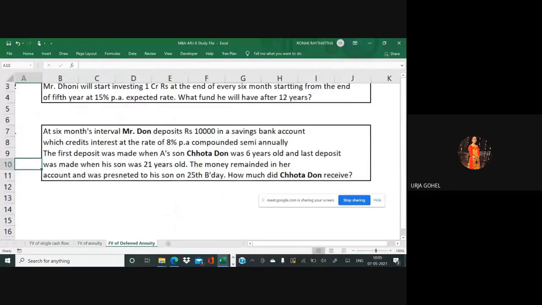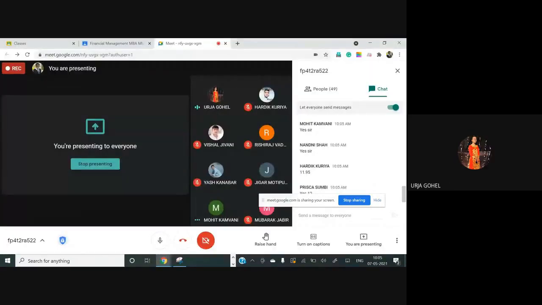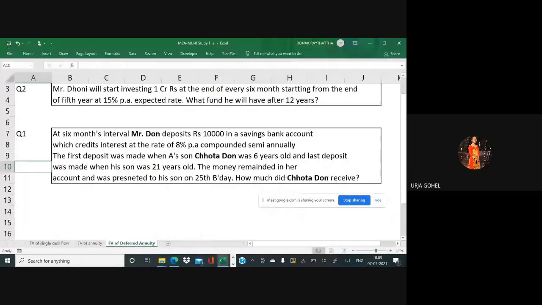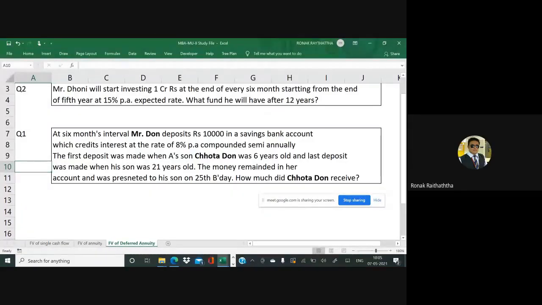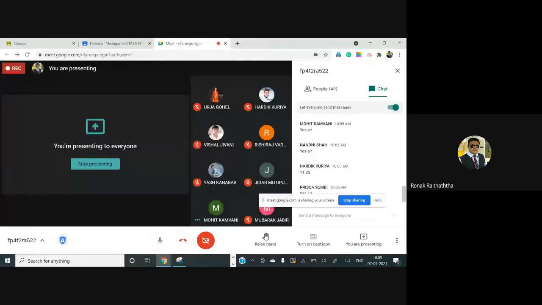Excuse me, sir. Yes. Sir, I have taken the rate of interest as 10% and I am also getting the same answer. So is it valid? See, you should not approximate it. In this case 11.95 has been received. That is the right answer we have got. So I guess in a point you would be getting slightly different, Miss Urja. Yes, sir. I am getting 11.52. True. So that's only the half year of the 12th year, right? And when I put 95, that means the entire 12th year is calculated. So that's too much of a difference between the two.